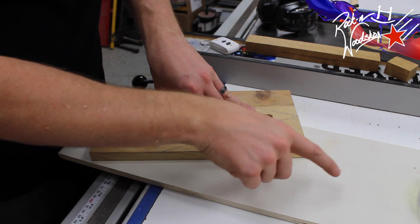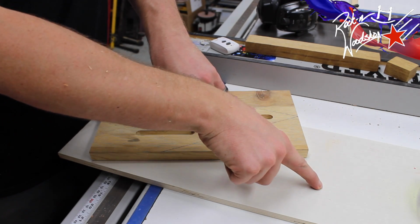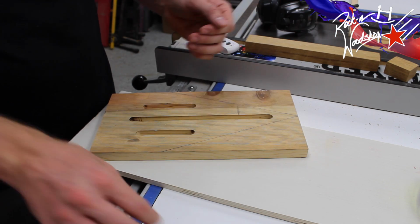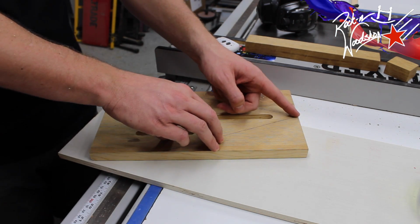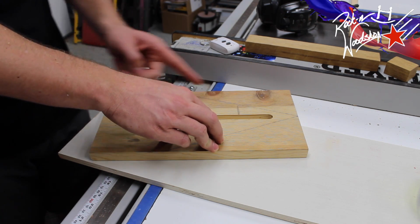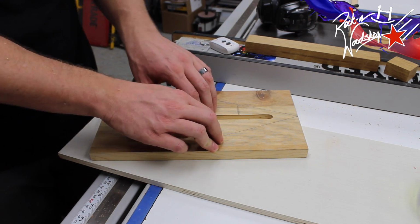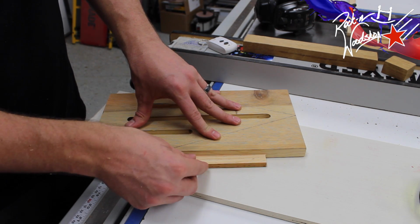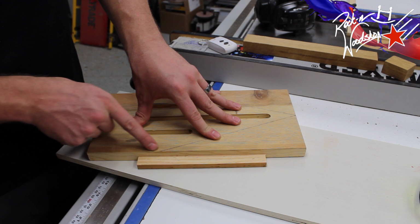Okay, now using a 1/2-inch piece of plywood, we're going to make a do-it-yourself tapering jig. Put your piece aligned with the top of the line and the bottom of the line with the straight edge that you just cut on the table saw. Once you have that aligned, take a piece of scrap, put it on the side, making sure that you have enough back here